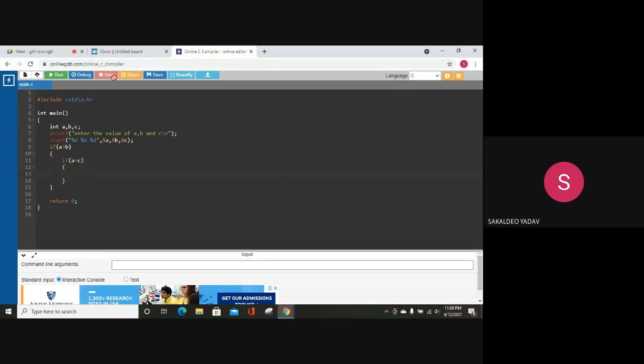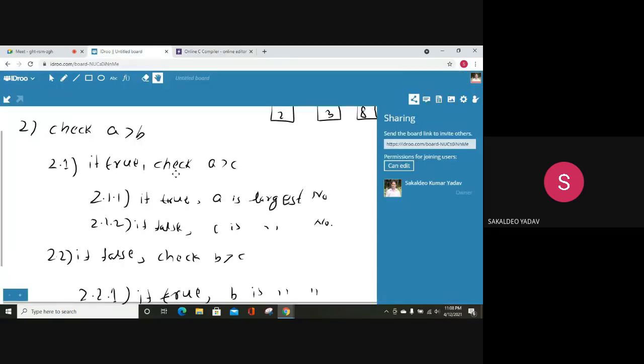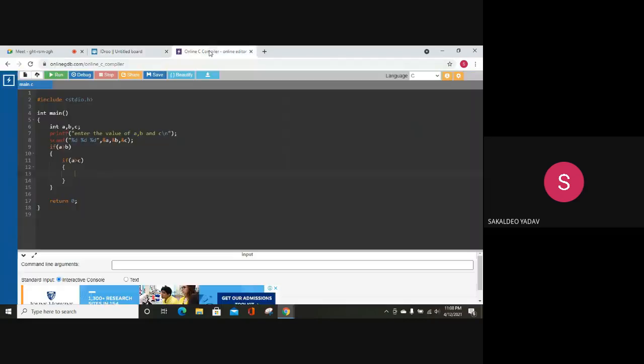If A is greater than C, 2.1 tells us that A is the largest number. If this one is true, we will print using printf: A is the largest number. I want to print whatever value is stored in A, so you have to write %d is the largest number.